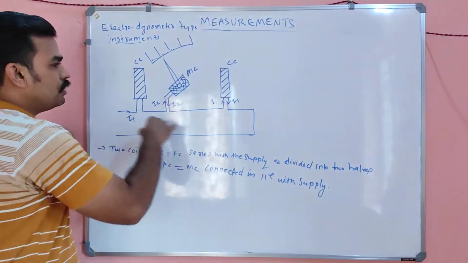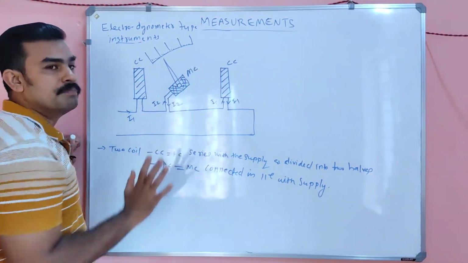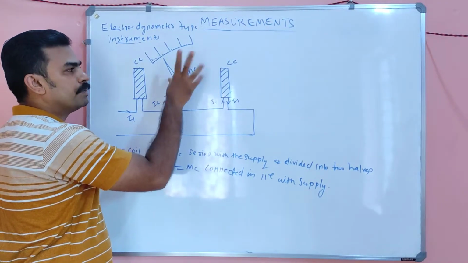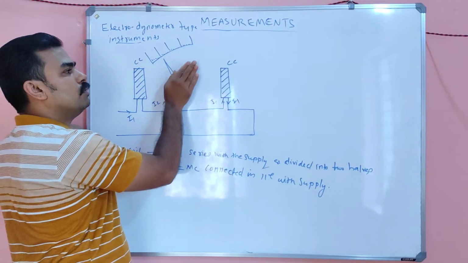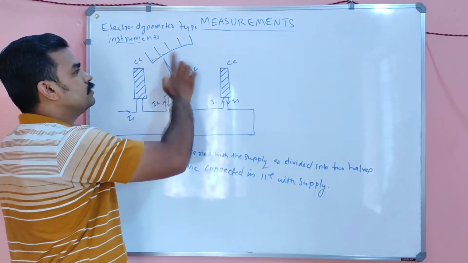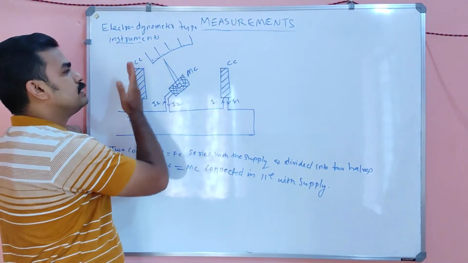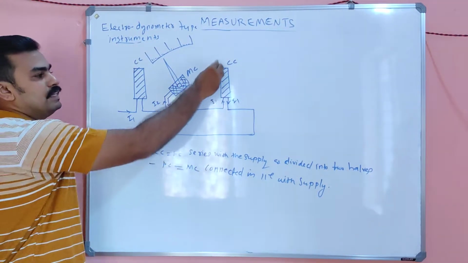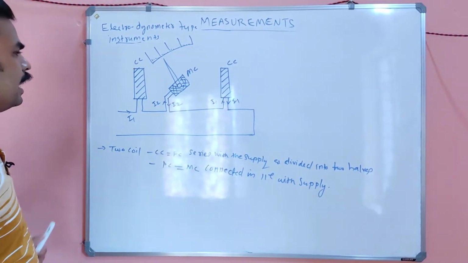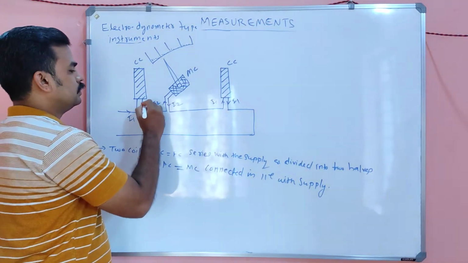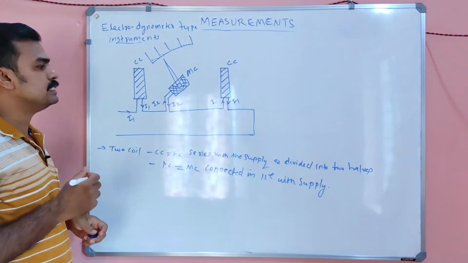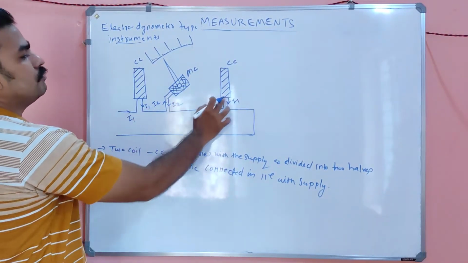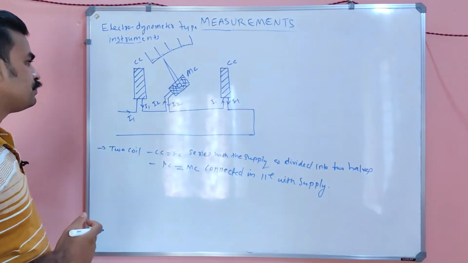Okay, so I am showing the picture without a load connected. There are simply two types of coil: the pressure coil or potential coil, called the moving coil, which is supposed to move, and the other coils, which are fixed. The fixed coil is divided into two halves, one half here and the other half here. The moving coil is connected directly across the supply, and the fixed coil is connected with the load. And one more thing,